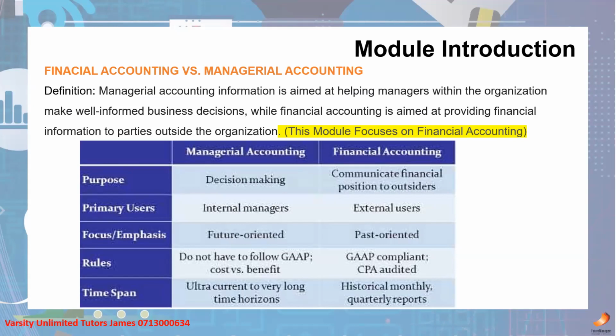Therefore, because of that, you notice that there are a lot of rules that are attached to financial accounting, right? Which is what we are trying to focus on right now. There are a lot of rules attached to financial accounting. Why? Because the way that we measure financial information should be the same. Then number two, the fact that we are talking about measuring financial information means we are talking about the past.